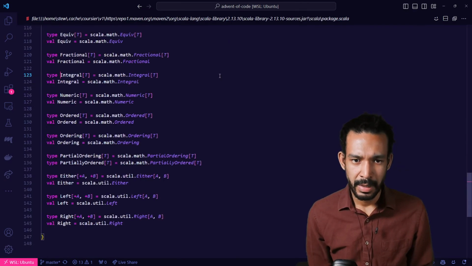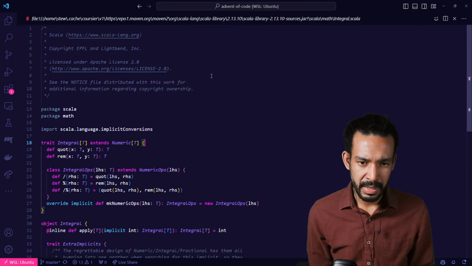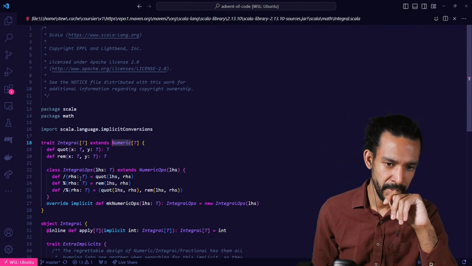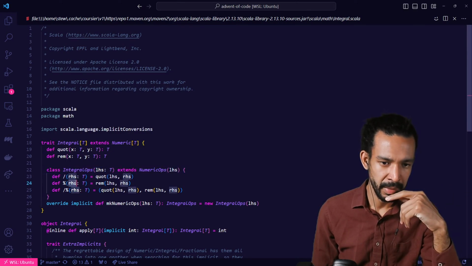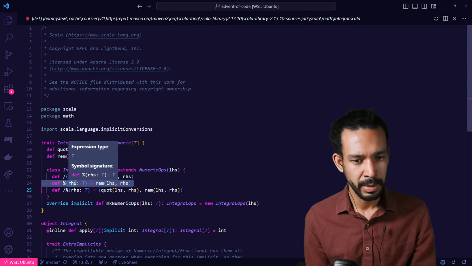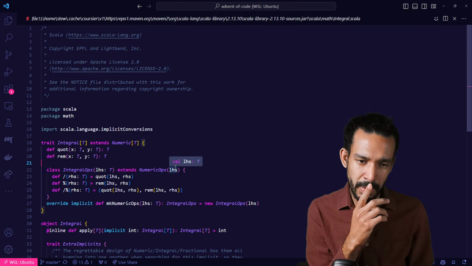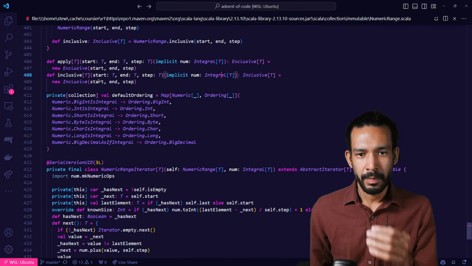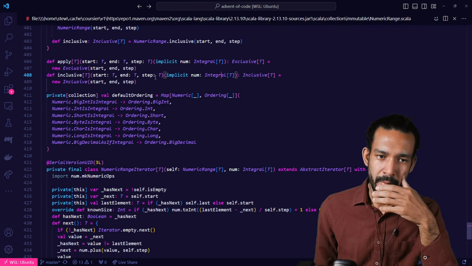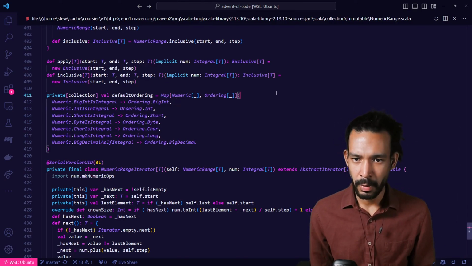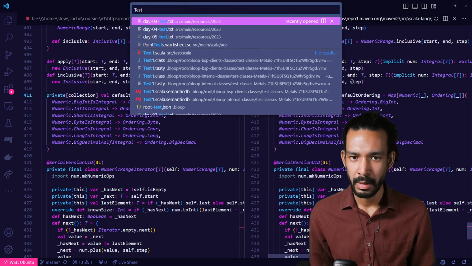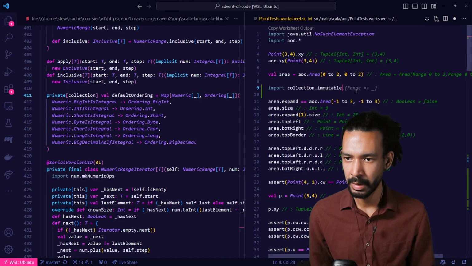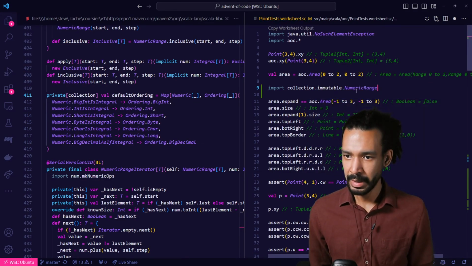Let's look at integral types. Now, integral extends numeric. Maybe I should go all the way to, so what's the difference between integral and numeric? Integral ops add division and modular arithmetic. So this would work for integral. But I suppose you can only start, in fact, let's try making one. So let's go back to my test file. And import collection.immutable numeric range, and then